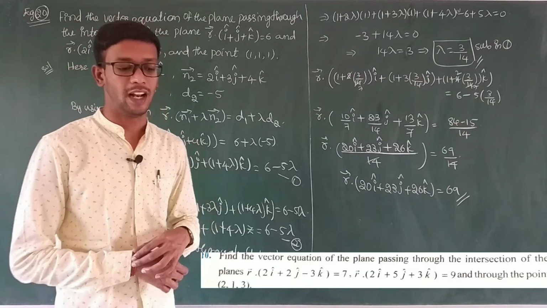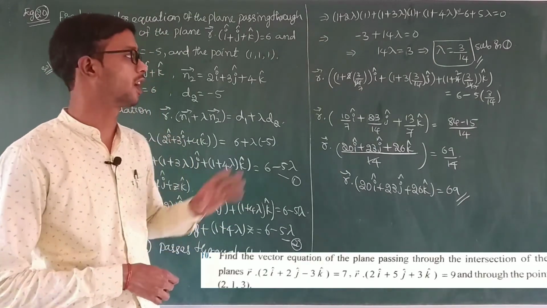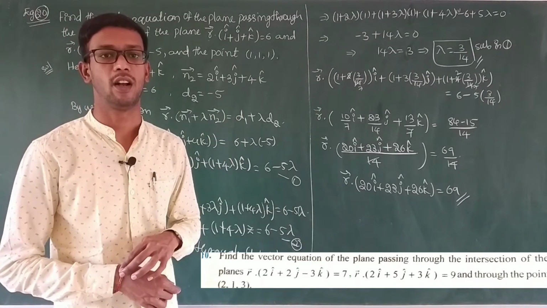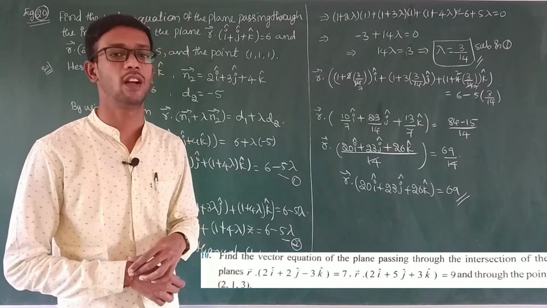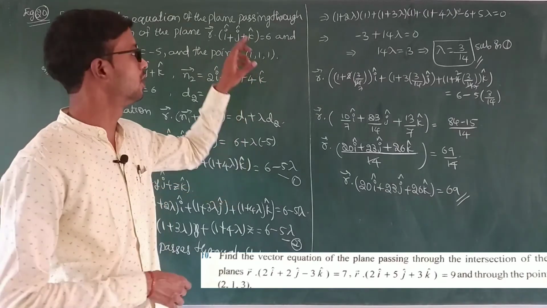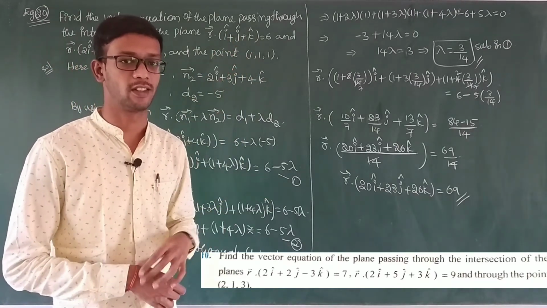Next step, one exercise problem I displayed there. Take the exercise problem as homework. Same method: you have to find the vector equation. The Cartesian equation is given. How to find the Cartesian equation of the plane which is passing through the intersection of two planes? That problem we'll discuss next.